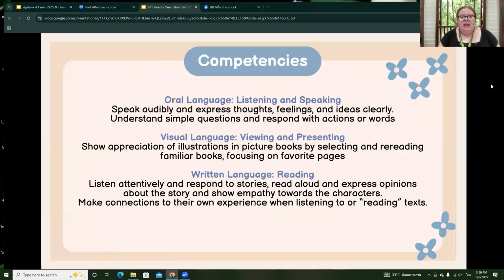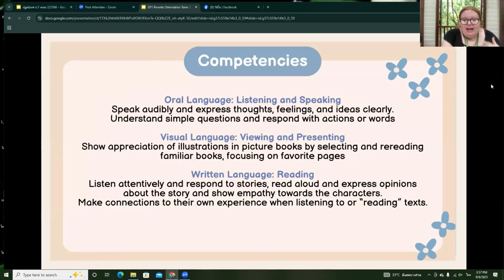Next slide, please. So you might be asking, Teacher Steph, what are your competencies this term? Similar to last term, we have quite a few again as well. So our first is oral language. This consists of speaking and listening. Are the students able to retain what they're hearing, and are they able to express their feelings well? This is this competency. For visual language, this is about viewing and presenting. Are the students able to stand properly? Are they able to share? And are they able to look at stories like picture books and share their favorite things?